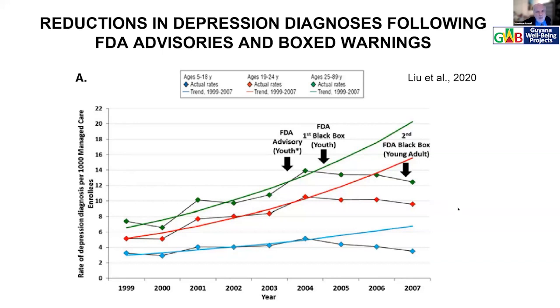In other words, we were making great progress, but when they put out the FDA warning and people stopped prescribing, we lost that gain. We lost the gain in all three of these age groups. We lost the gains that we were getting. There are fewer gains down here in the younger ages, but there were great gains. And here are our expected gains, in these lines without the boxes, the red and the green line. That's how we expected things to go. Oh my God, it's going to get better and better. And instead it reversed itself and we ended up having more